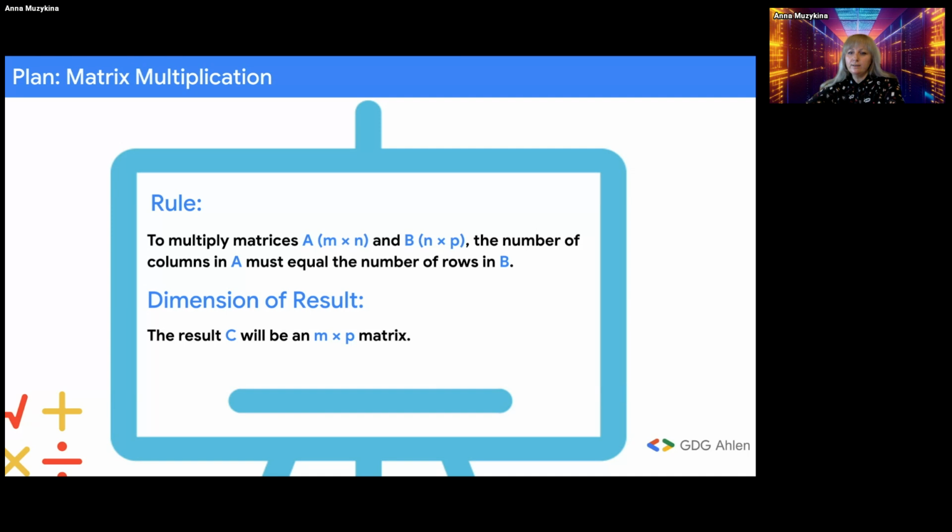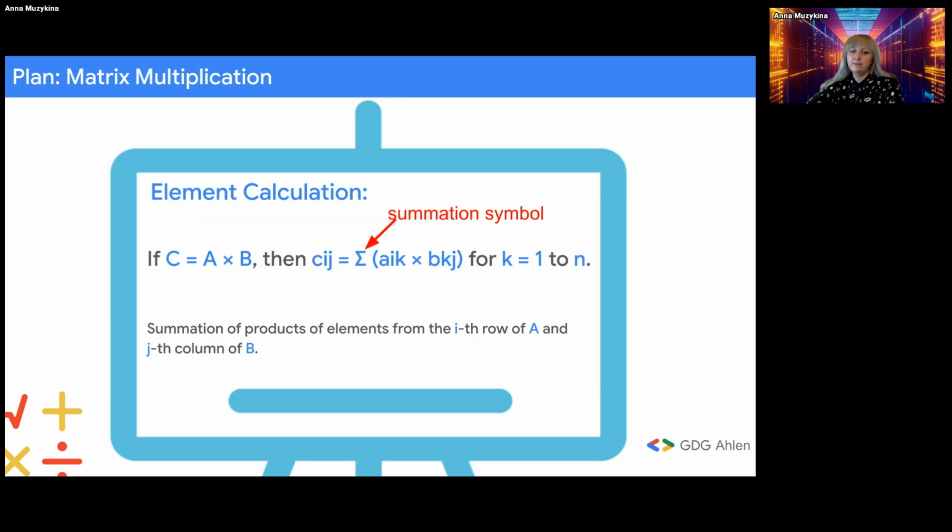Notice how the inner dimensions n and n must match, and the outer dimensions m and p determine the size of the resulting matrix. So, how do we actually calculate each element in the product matrix when we multiply two matrices? If we want to find the element in the